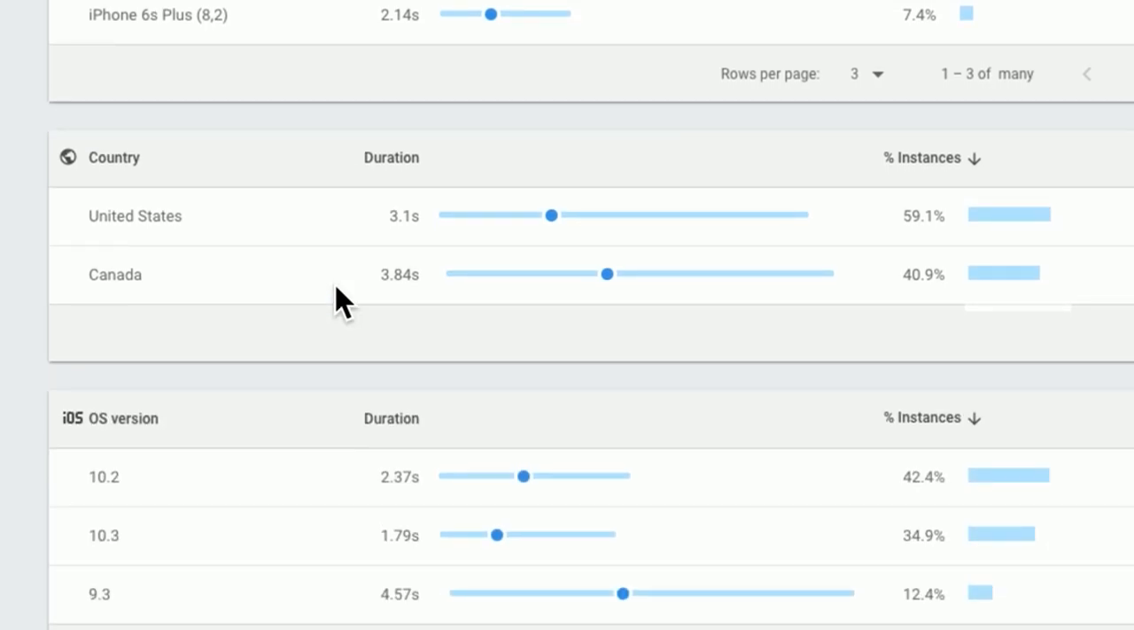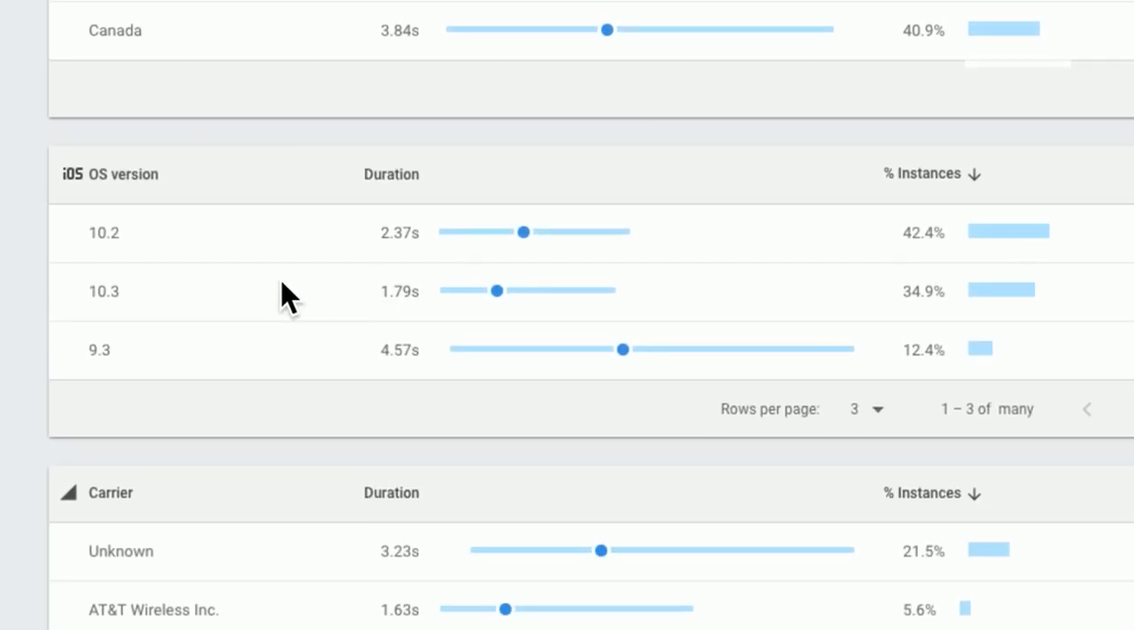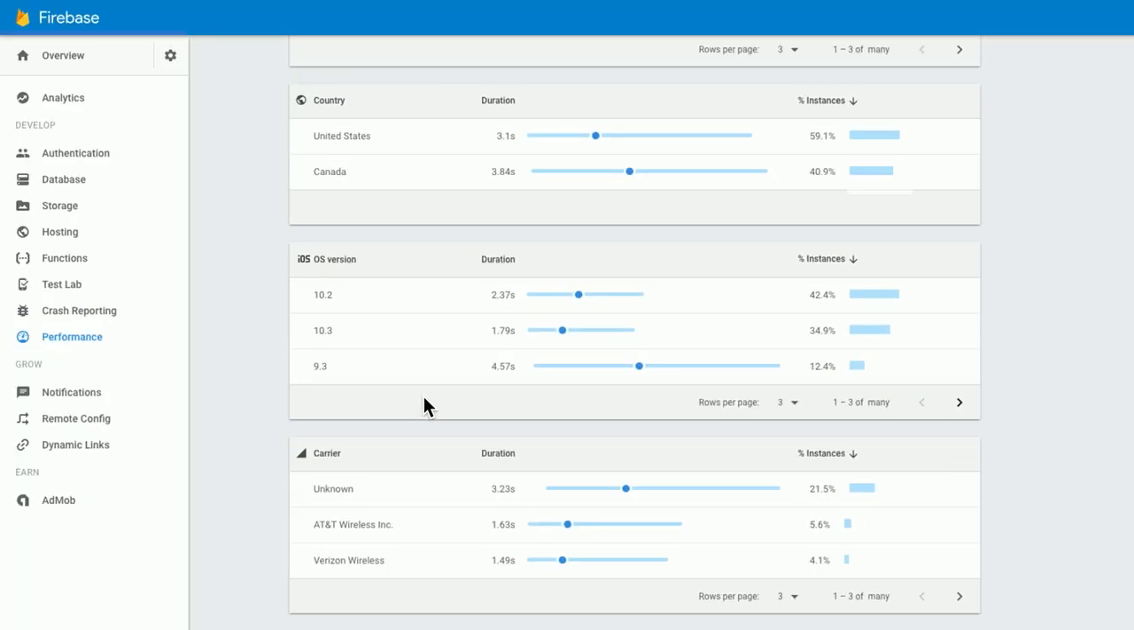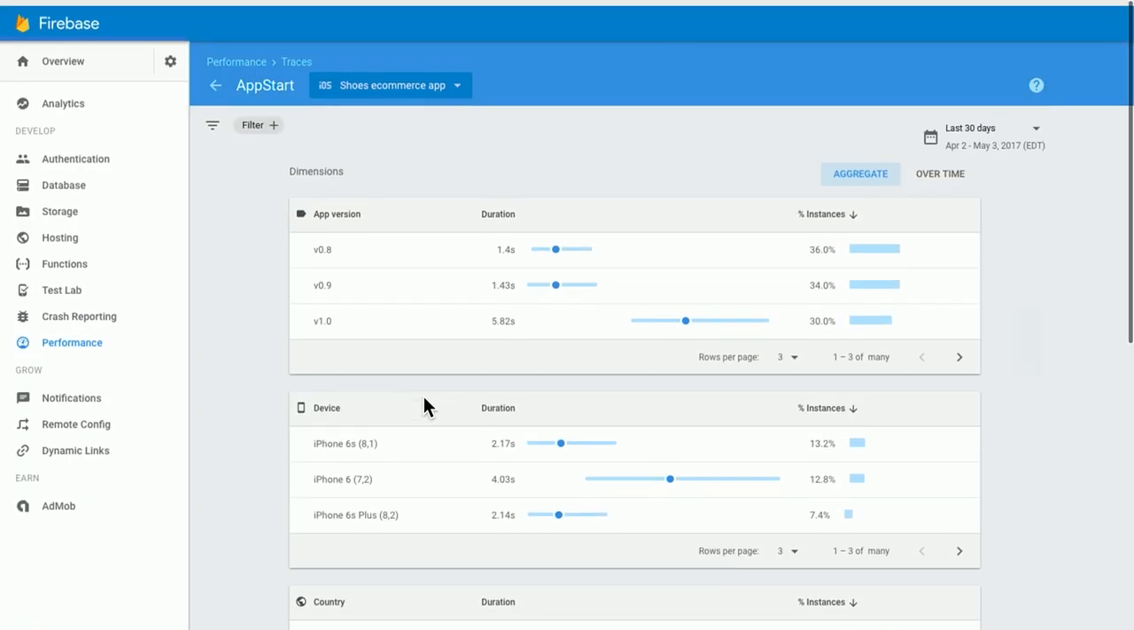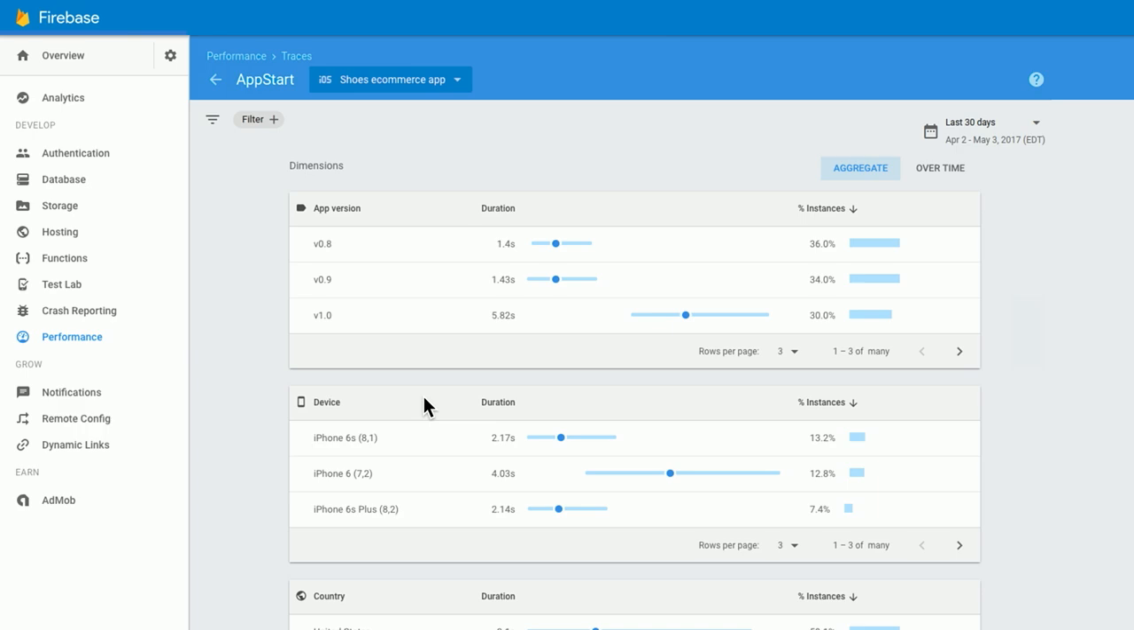So let me keep going here. Country is comparable. OS level is kind of comparable. So is carrier. OK, so at this point, Jane knows that to fix the App Start issue, she has to do something about v1.0. So that's enough information. If we jump back into the code,